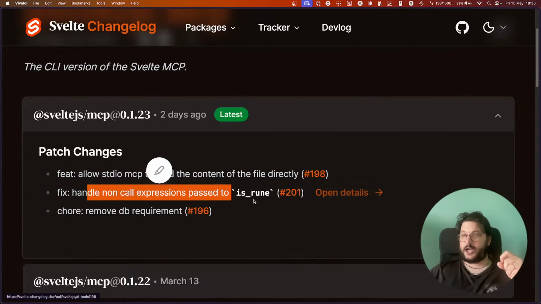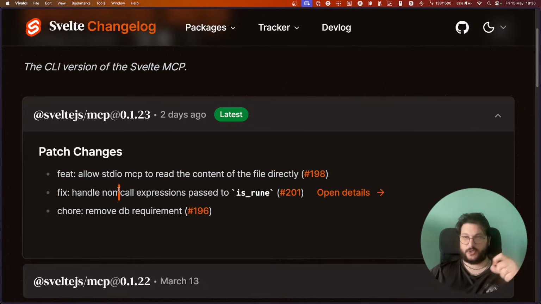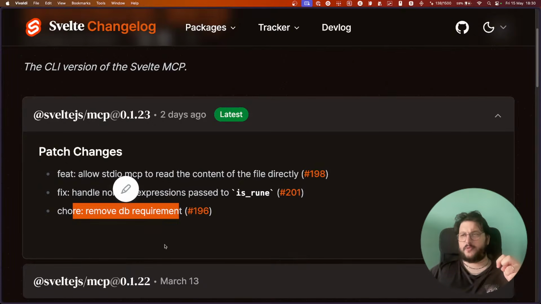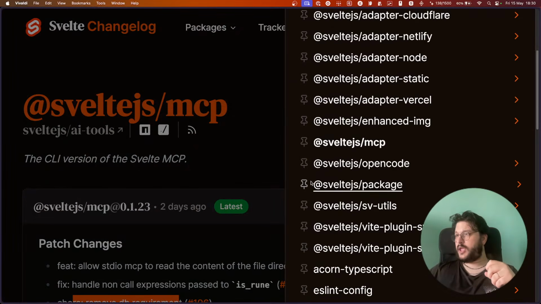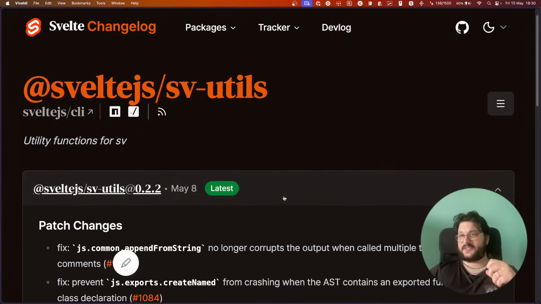Handle non-call expression passed to isRune. This was just an issue in the parsing. If the code had a certain shape, it was failing to parse. There was also remove DB requirement. We were using a DB, but it was not actually needed, so we removed it. We have two new releases of SV utils.